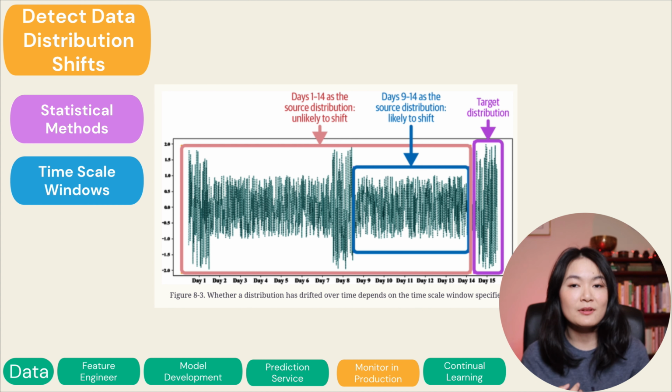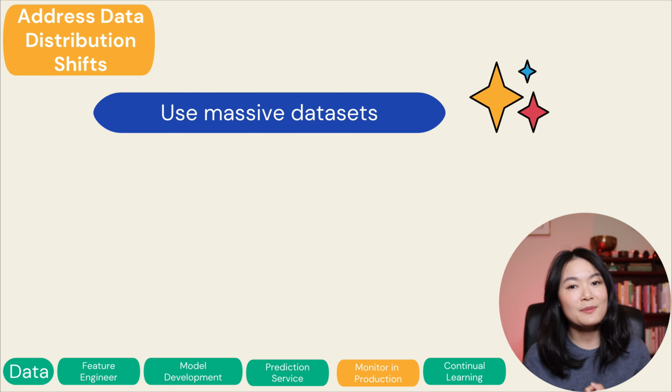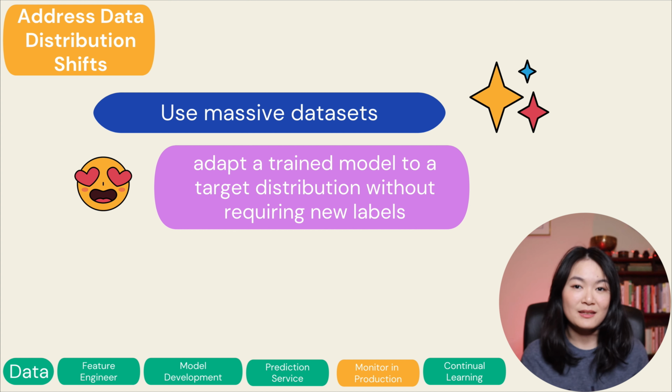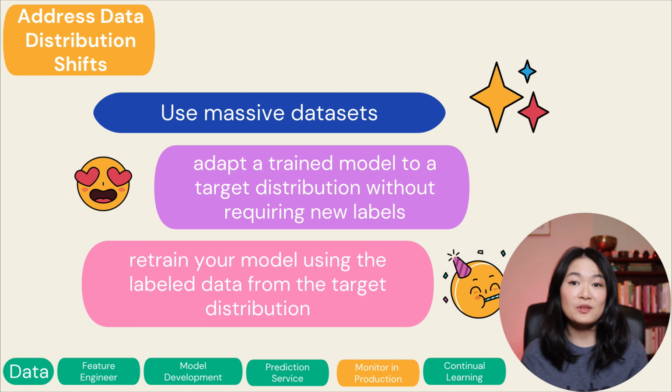We can also use timescale windows for detecting shifts because there could be temporal shifts that happen over time. To detect temporal shifts, a common approach is to treat input data to ML applications as time series data and use time series decomposition techniques to observe the trend. There are three main approaches to address data distribution shifts. The first approach is to train models using massive datasets. The second approach is to adapt a trained model to a target distribution without requiring new labels. The third approach, the most common in the industry today, is to retrain your model using the labeled data